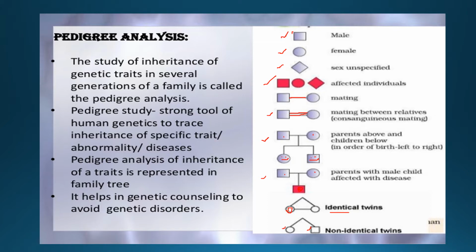What is the use of constructing a pedigree? It helps us to easily study the genes which flow within the same family, and what type of disease they are suffering from. This tree helps in identifying genetic disorders which run from generation to generation. So this is a simple tool for constructing the family history.